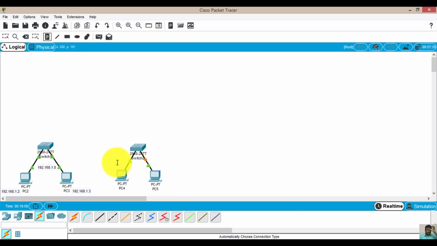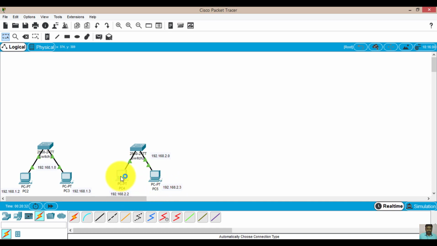Same thing again, I will add a node to it quickly. This is my next network, the second network, and this network is 192.168.2.0. The left side was 1.0, now this is my 2.0. Under this, my IP address will be 192.168.2.2, and this system has the IP address 192.168.2.3. Perfect. I will make it visible for you. So these are the IP addresses for these two systems.